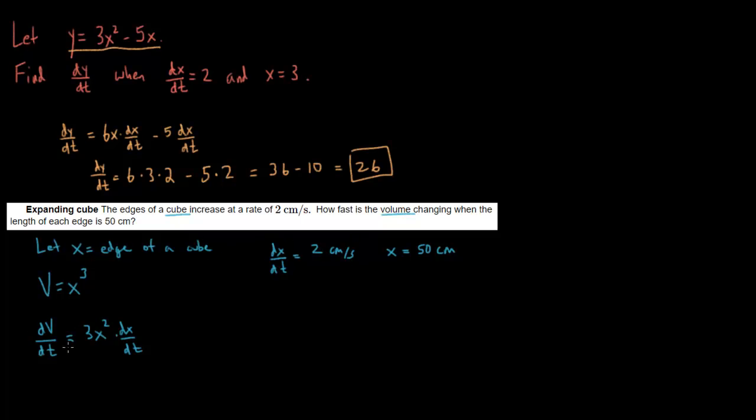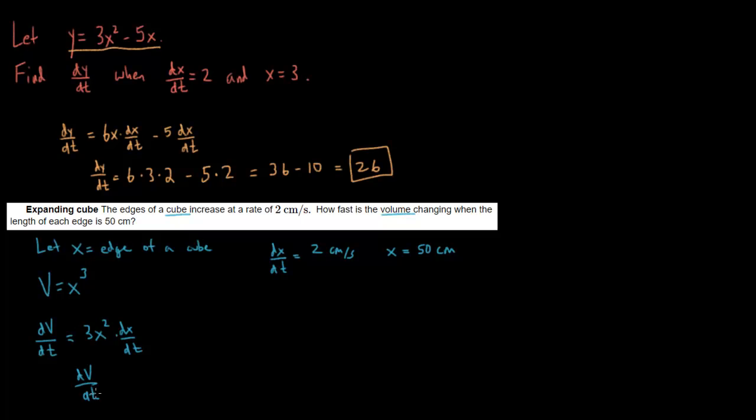I'm solving for how fast the volume is changing. That's dV/dt, the change in volume with respect to time. This is the change in edge with respect to time. And this one is conveniently solved for what I'm looking for. That won't always be the case. Sometimes you might be solving for dx/dt and you know dV/dt, and so you'll have a little extra algebra to work with. But this is already set up pretty nicely for us, because all we need to do to find dV/dt, how fast the volume is changing,